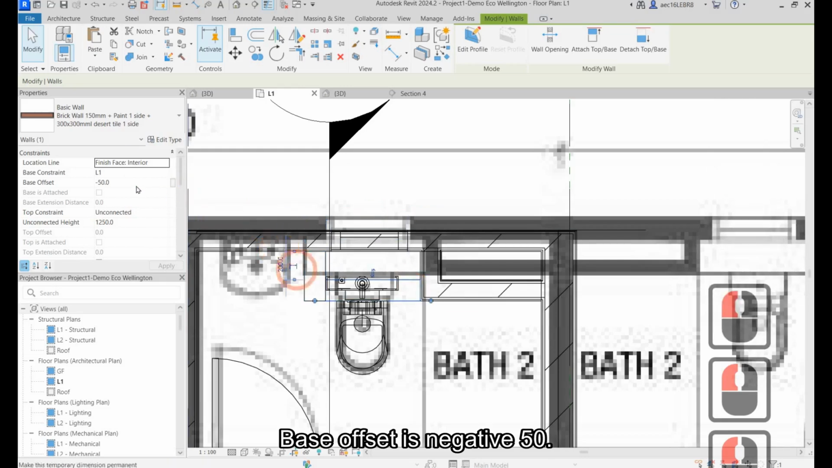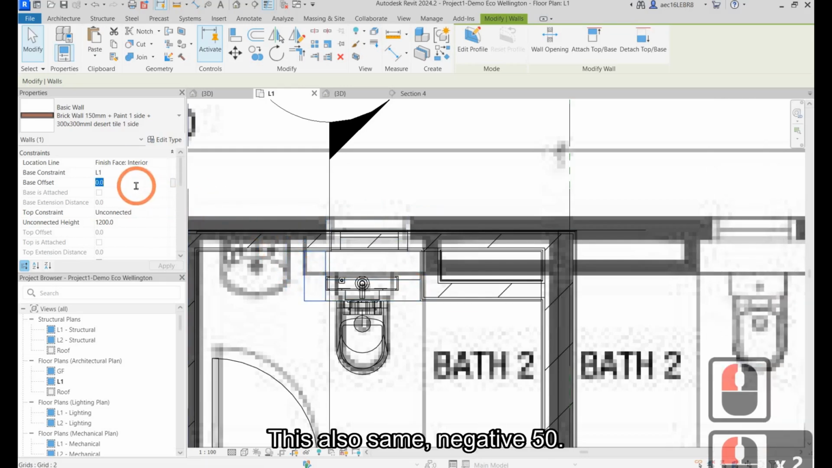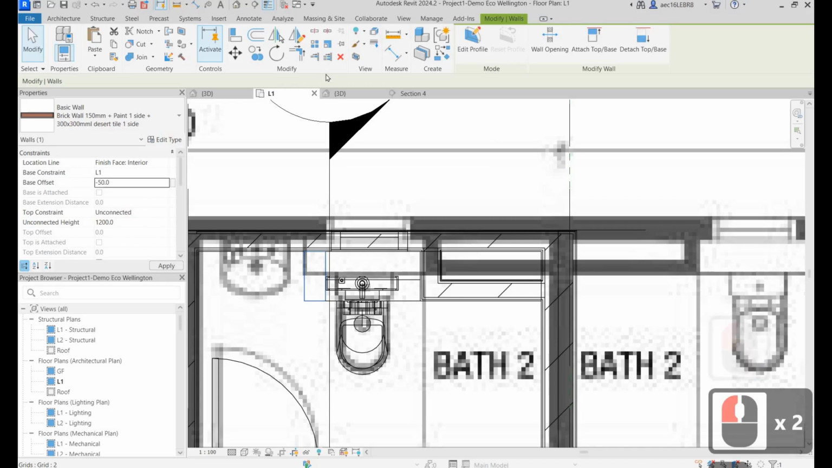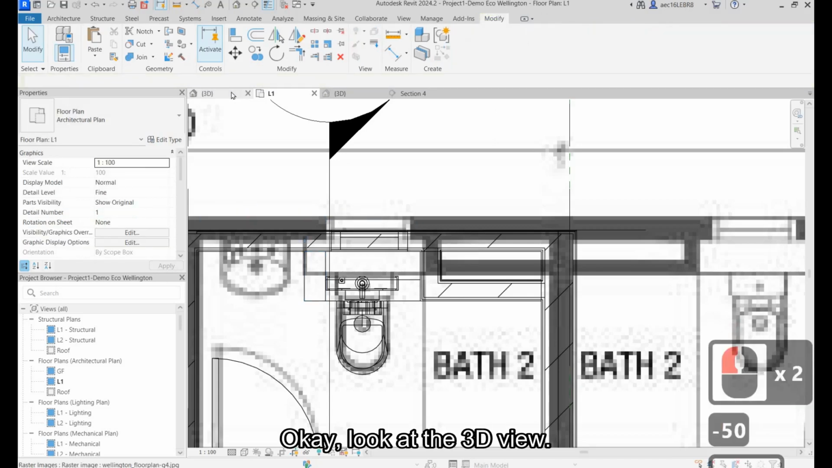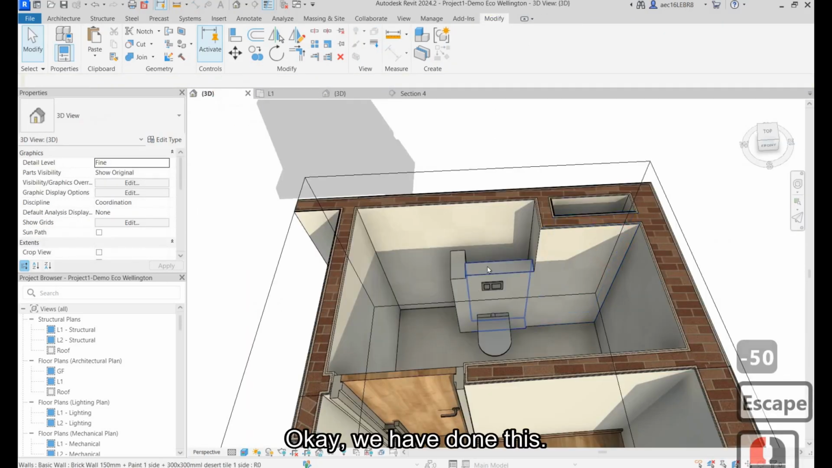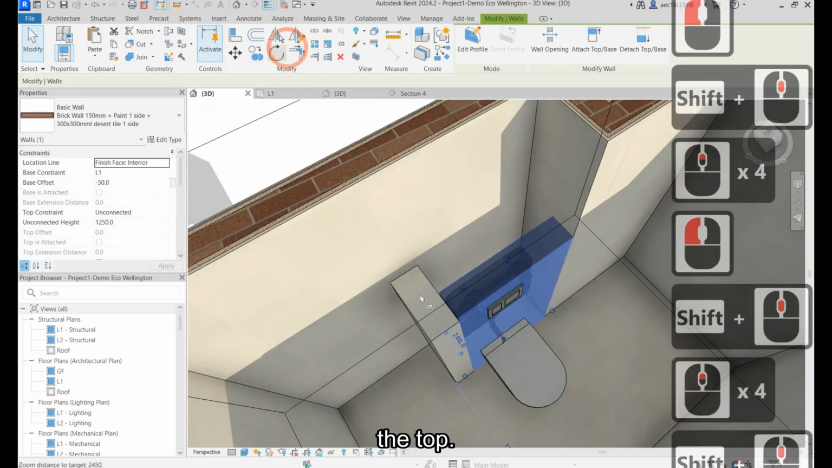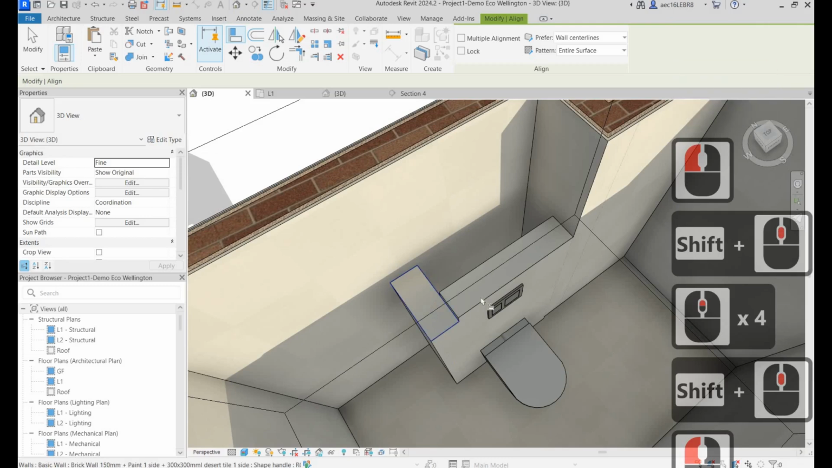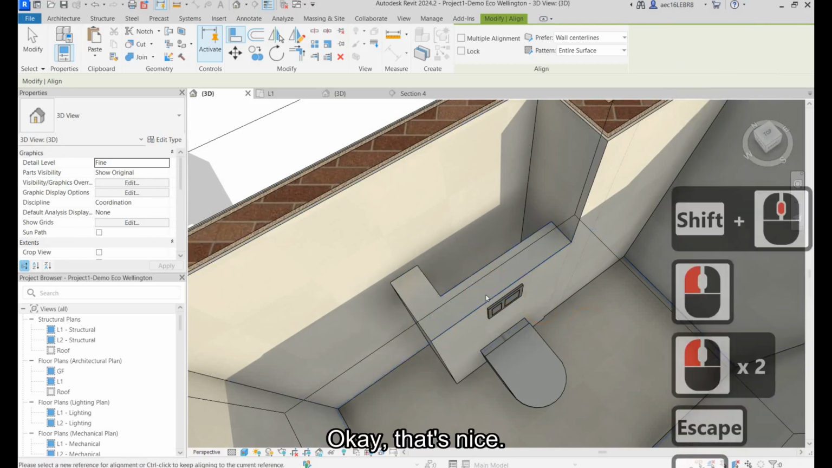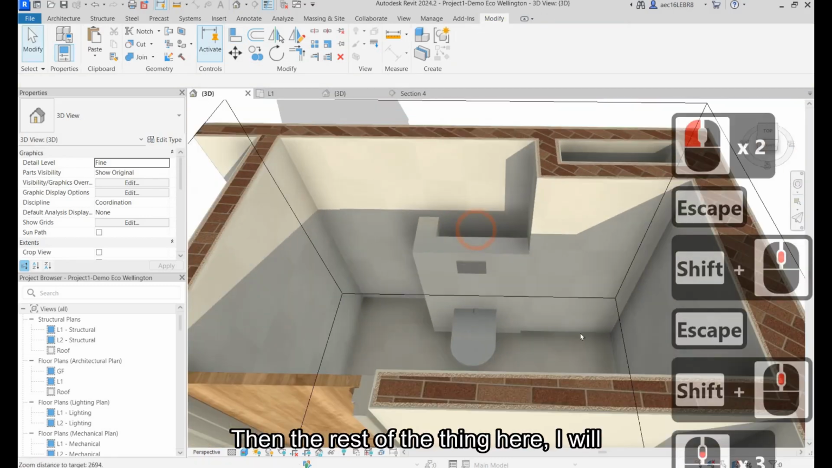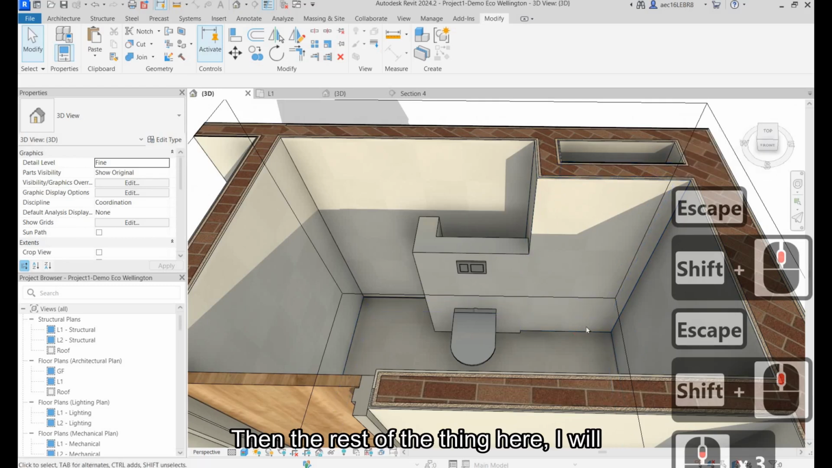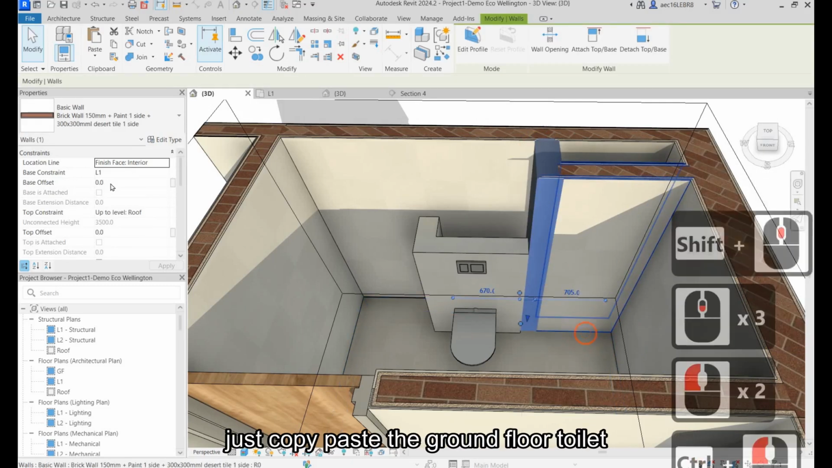Base offset is -50. This is also the same, -50. Okay, look at the 3D view. Okay, we have done this. Then the top part, make sure it is aligned to the top. Okay, that's nice. Then the rest of the thing here, I will just copy paste the